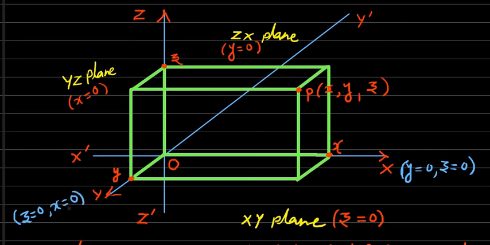Here the order is not important. z equal to 0, x equal to 0 can also be written as x equal to 0, z equal to 0. And similarly, the z-axis is the intersection of the YZ plane and the ZX plane. Therefore, the equations of the z-axis are x equal to 0 and y equal to 0. These are the equations of two planes, and the intersection of these two planes is the z-axis. So likewise, we have the equations of the x, y and z axes.